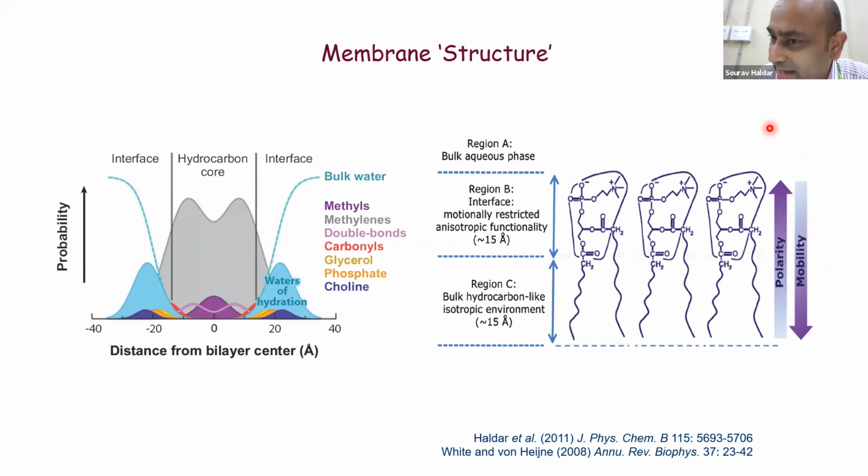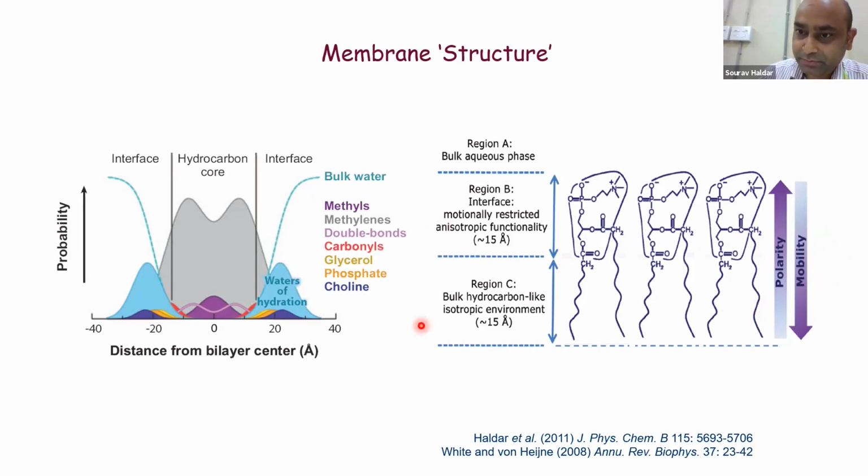So all the way from nanosecond to millisecond, this mobility gradient is maintained, and that's why we are able to capture this mobility gradient by diverse techniques, right? So this is not a very transient feature of the membrane. In fact, this is an integral part of the membrane which is manifested over a wide range of temporal scales.